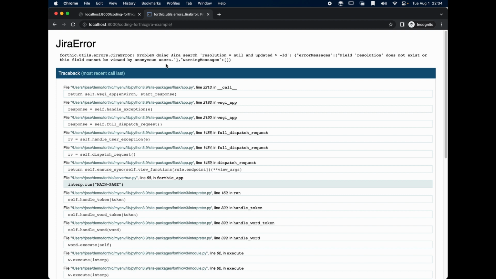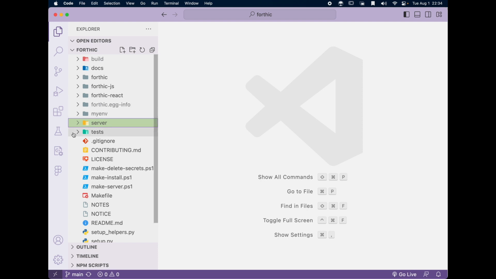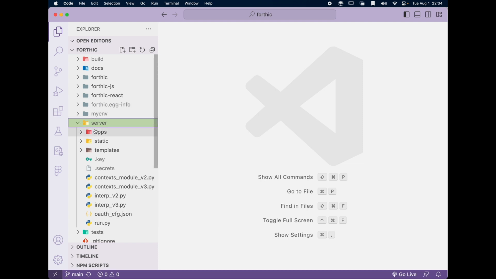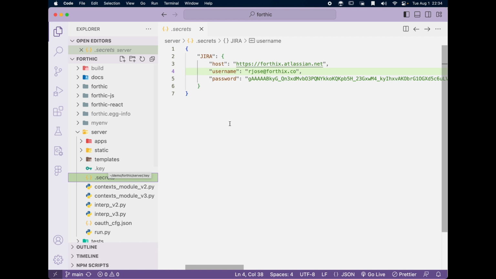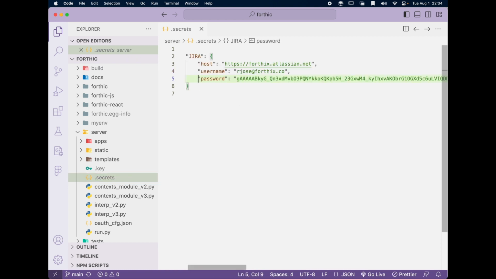The way to check that is if you go to Visual Studio Code, look in the server directory. There's going to be this .key and .secrets file, and the secrets that you have for your credentials are encrypted using that key, so don't show that key to anybody. You can see here that the host is specified under this field and the username, and there is a typo in my username, so if I just correct that and save the secrets file